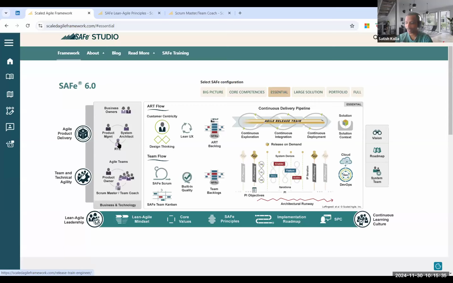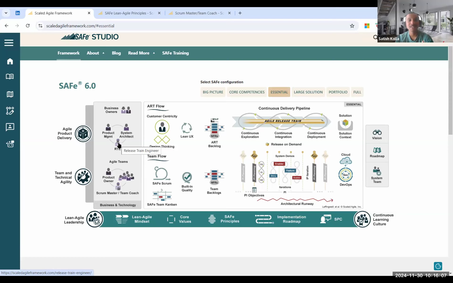Then comes the RT, the release train engineer, who we used to call a chief scrum master. At the team level, we have a Scrum Master. Now at the release train level, we have a release train engineer. The release train engineer plays the same role a Scrum Master does at the team level. Helps the release train from the end-to-end implementation perspective, facilitates release train level events, coaches the release train, mentors